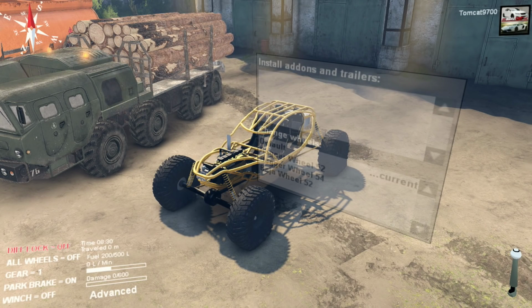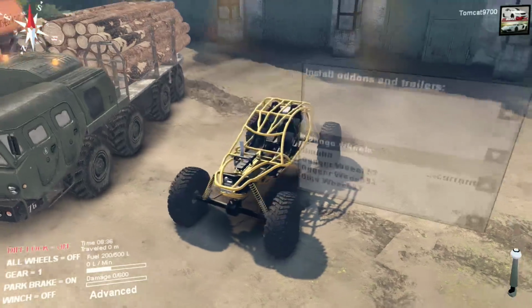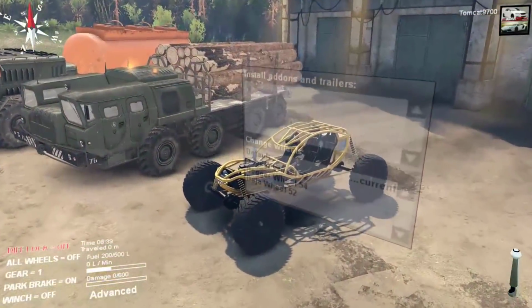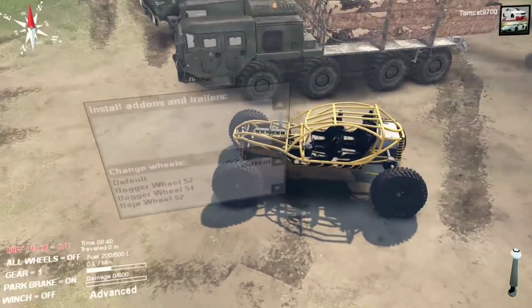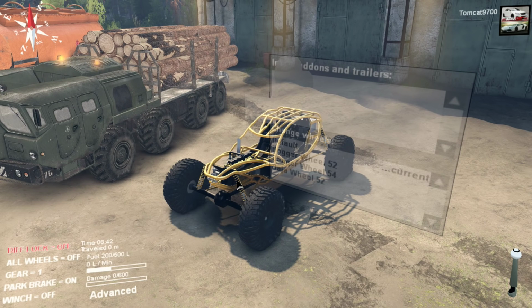Tomcat here, and today we are back in Spin Tires taking a look at this awesome rock crawler buggy. Now, this thing really only has a few customization options in the way of 4 different wheel and tire combinations, but really, that's all you need because this thing is pretty insane, and it's really cool because it is actually a 4-seater. So if you wanted to, you could get 4 people in here and launch yourself up cliffs, pretty